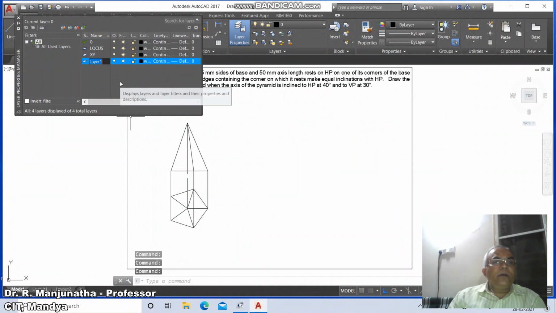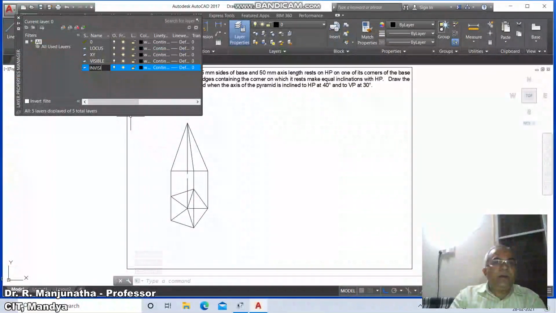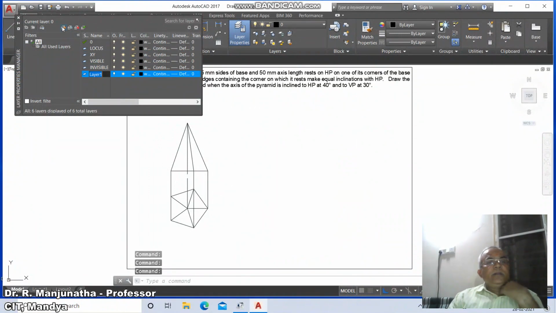Here we go for visible layer, then we have invisible layer, and also go to layer, then we want locus, XY and then axis layer.